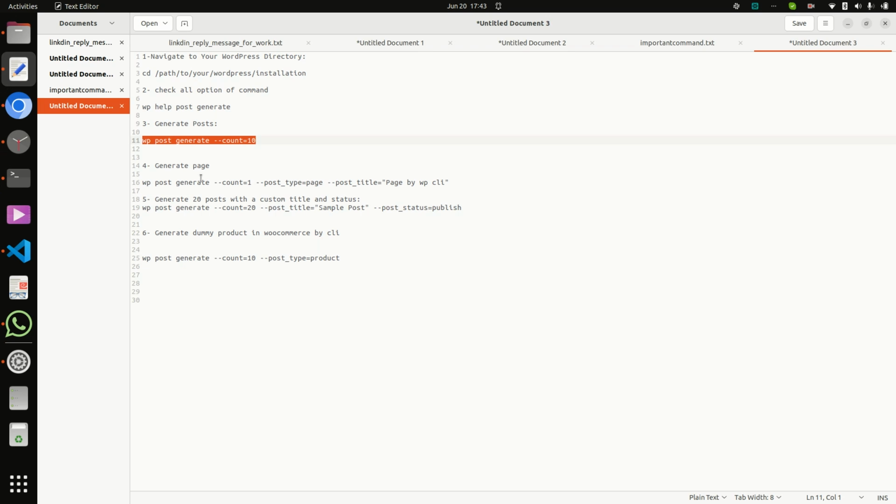So now I generate a page by WPCLI, like page 2024 by WPCLI. Here I have to assign post type equal to page, and count equal to 1, and post type page.